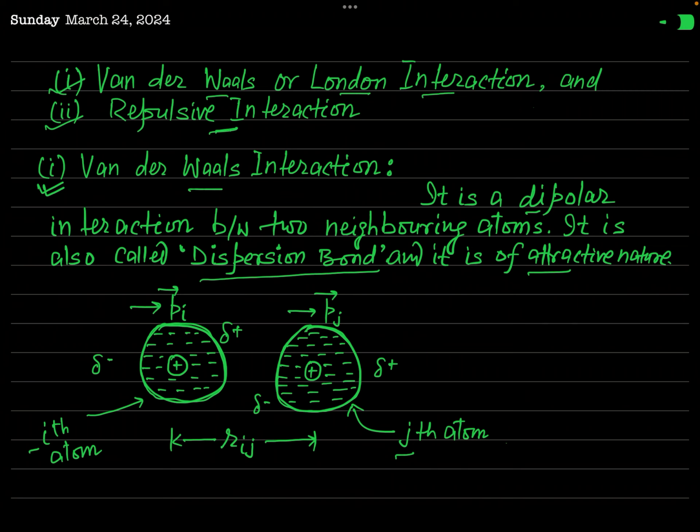Actually, due to the fluctuation in charge of the jth atom, a dipole moment is induced in the ith atom, or you can say that the jth atom induces a dipole moment in the ith atom. And if you consider that the induced dipole moment in the ith atom due to the charge fluctuation in the jth atom is p i, then what will be the value,